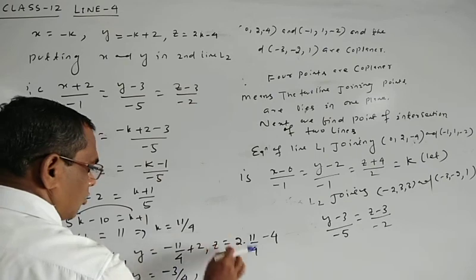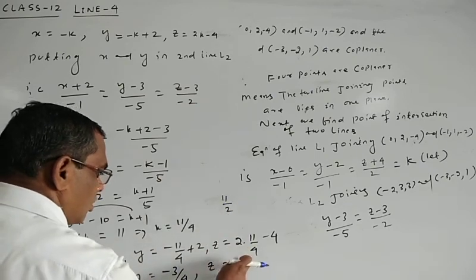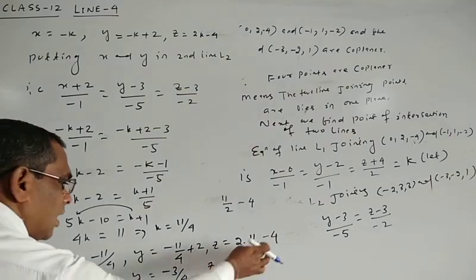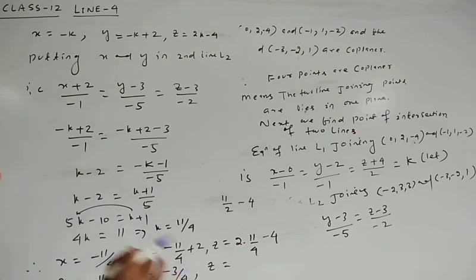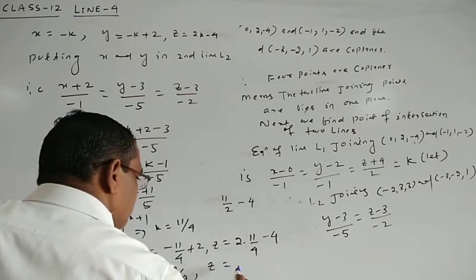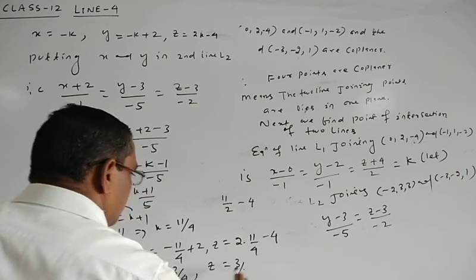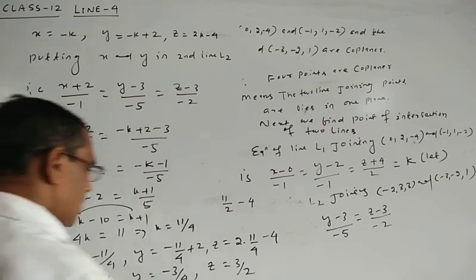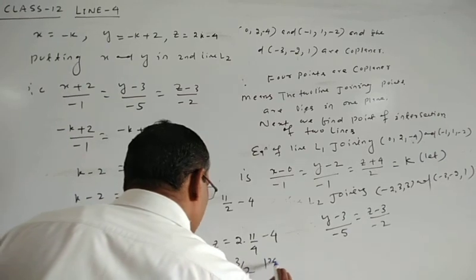So this is 3/2, or 6/4. Therefore the point of intersection